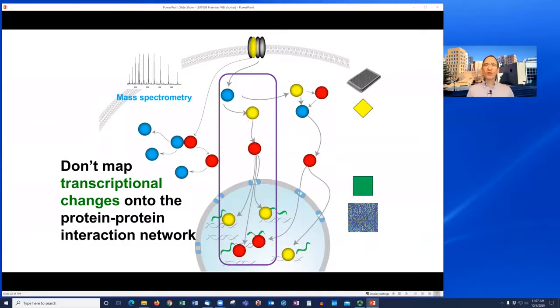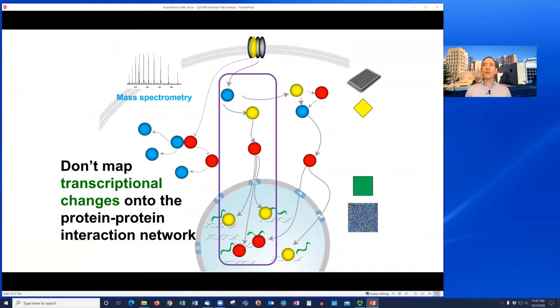Now, one critical decision we have to make is what to do with gene expression data. And for a while, the field used to like to map the gene expression data onto the proteins. But as we gather more and more data, we realize that gene expression is a very, very noisy proxy for the protein levels. And as we are able to collect more and more proteomic data, there's less and less need to map the RNA onto the protein and use it as that noisy assay. And so we focus on using the RNA data as a proxy for transcription to try to understand what genes